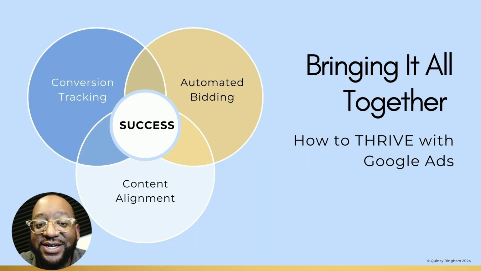campaigns. So let's sum things up. Conversion tracking gives you the data to see what drives sales. Automated bidding takes the data and optimizes your budget to give you the best return. And aligning your ads, keywords, and landing pages ensures you create a smooth, relevant user experience, which helps lower costs and boost performance. When all three are in sync, you see the results, and that's how you go from surviving